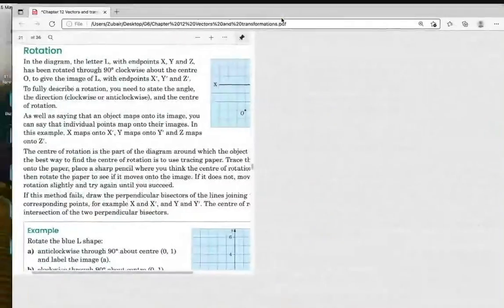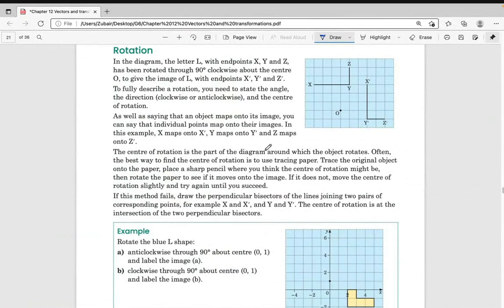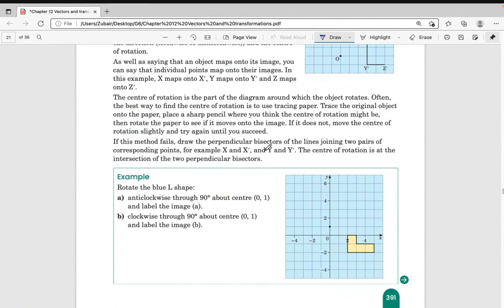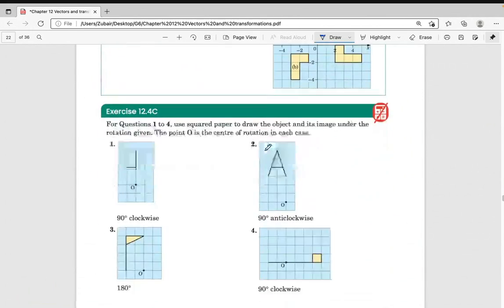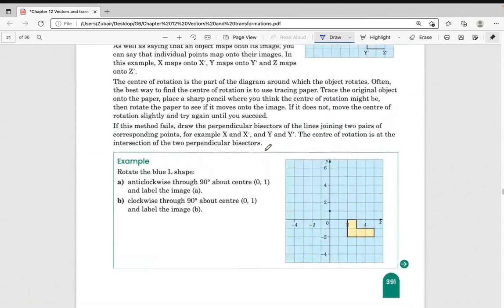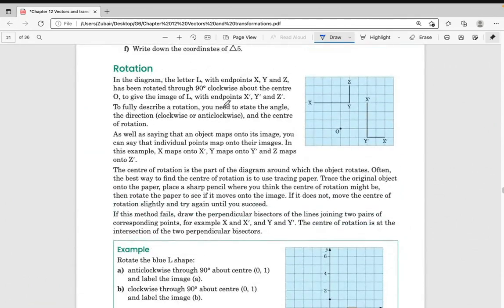The next concept we have is rotation. Mostly you will face questions like rotating the object 90 degrees, either clockwise or anti-clockwise, then 180 clockwise or anti-clockwise, then 270 clockwise or anti-clockwise. So let's try that on the grid,